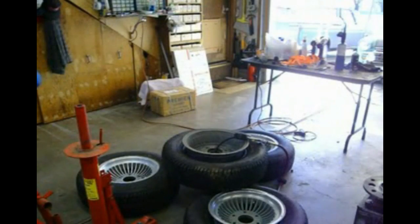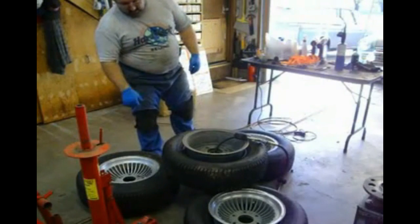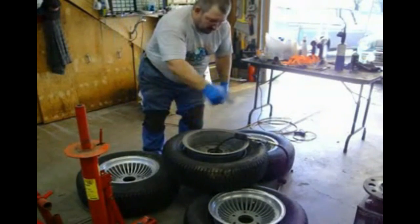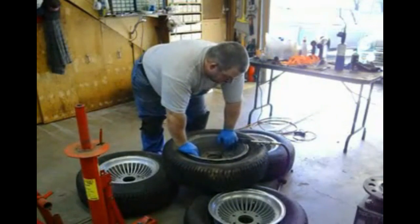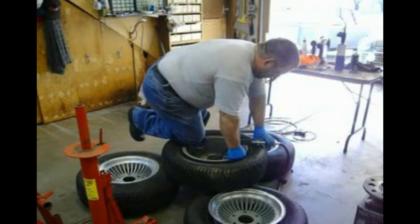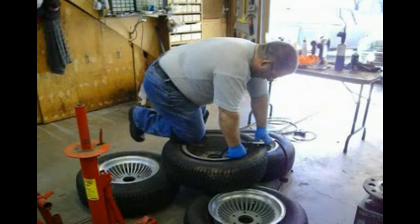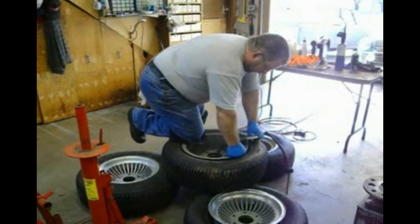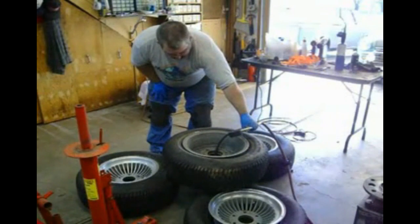Alright, let's see if we can get the bead seated this time. This is one where it's seated on the front but not on the back. So I'm hoping to push down on the rim with the other three tires holding it up and get enough of a seal. Yeah, how about that? Only works though if you get one bead sealed. And the starting fluid method got that done, so